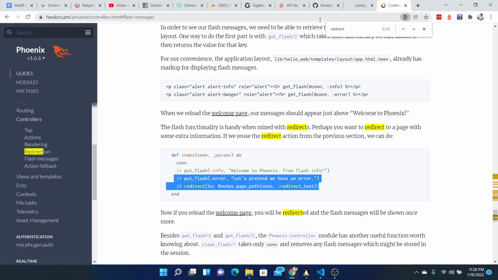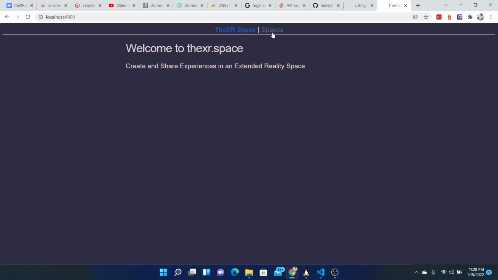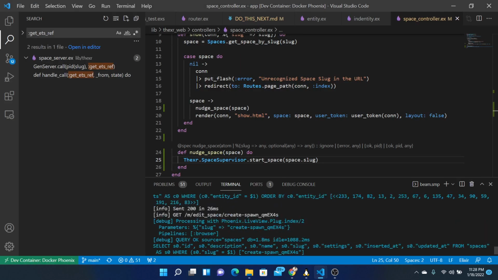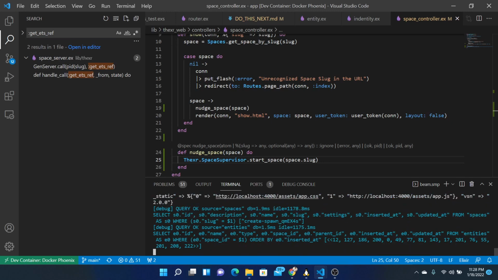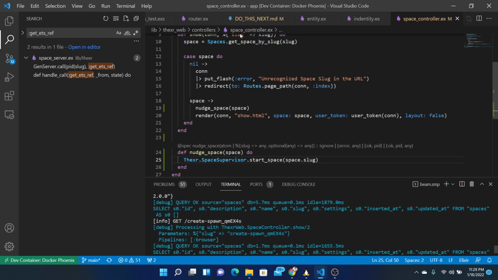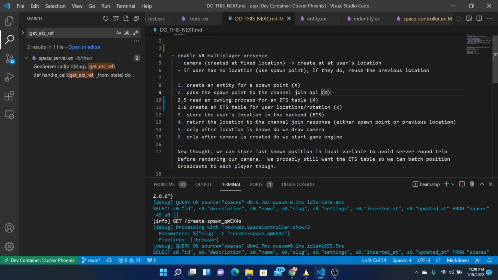So now let's go here. We'll enter the space. Do we get something red? No. Okay, looks fine. So it looks like we did this, store the user's location in the backend. How do we know that it's right? Well, we can,